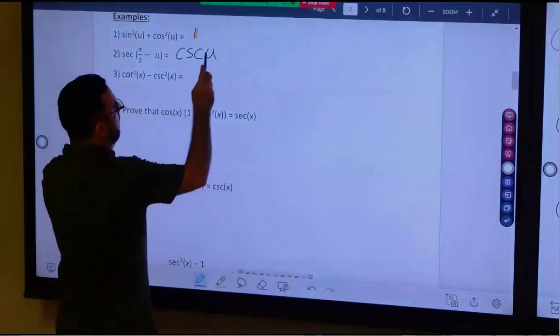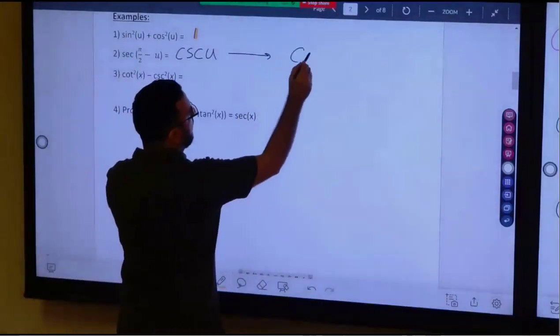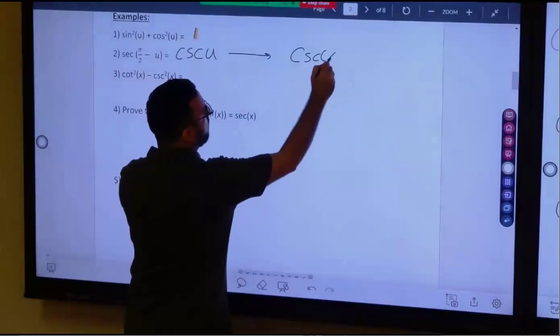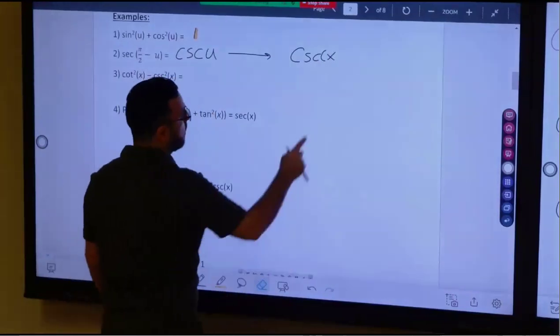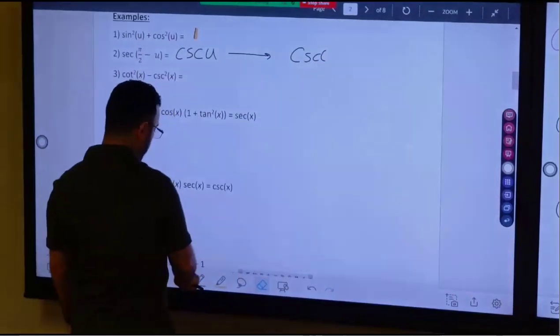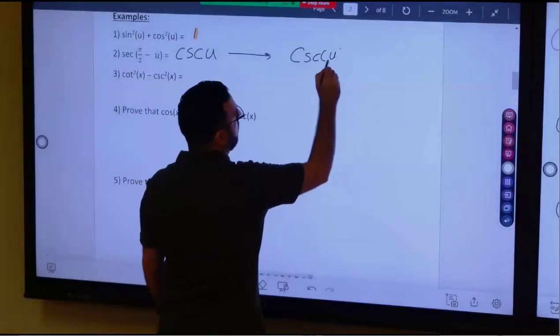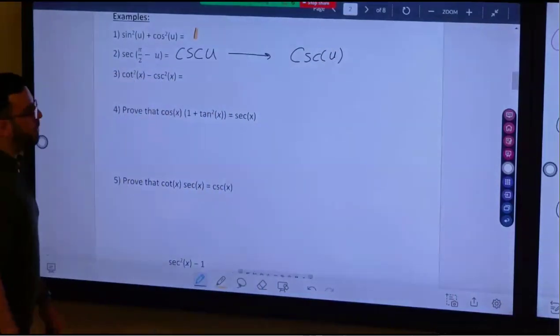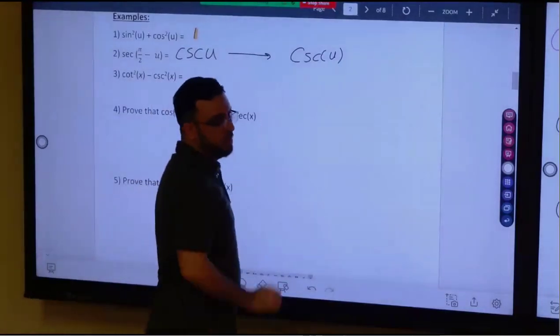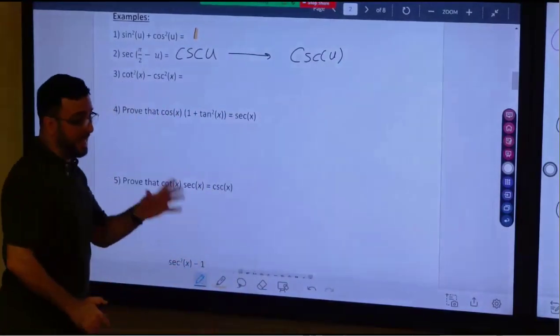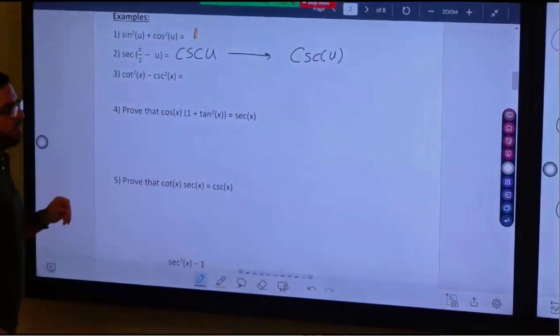To say that this is an angle, this is the angle for cosecant. You can write it down like this, or you're just gonna write down cosecant u. But you have to make sure it's an angle for cosecant. Like for example,